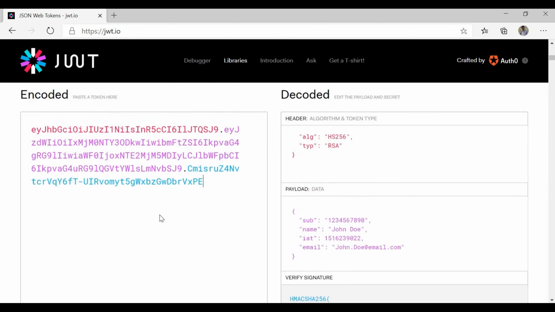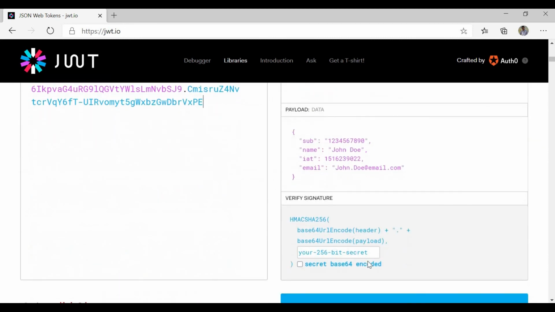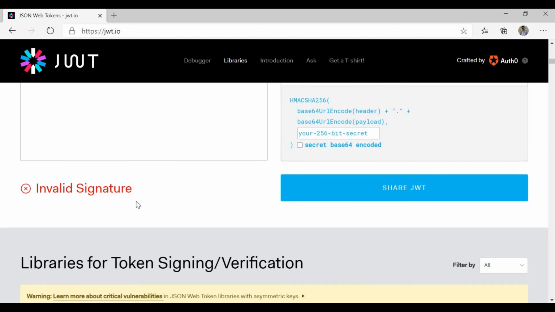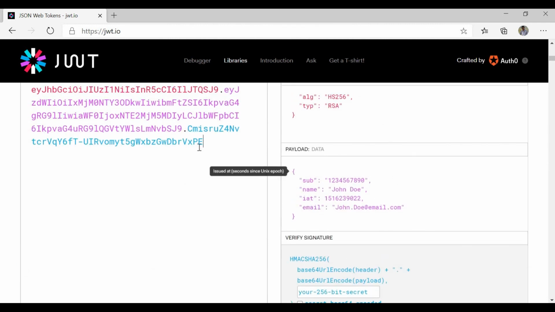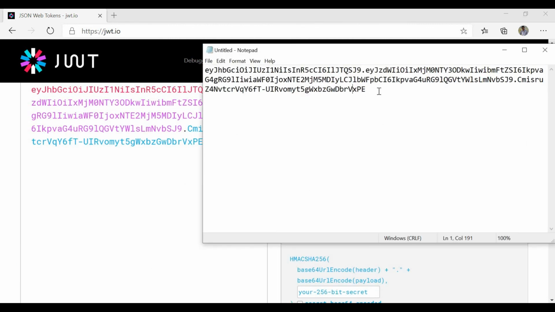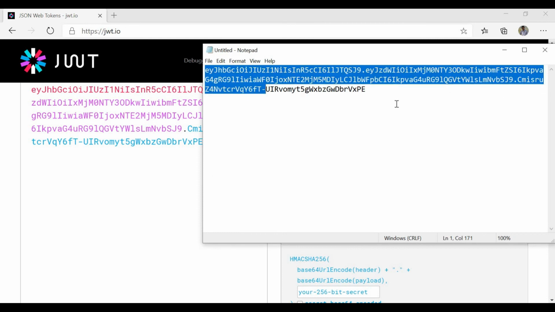If you give an encoded token to any website, you can see the values. That's the reason why you should not pass any critical information like user credentials as part of the JWT token. But any system will be able to validate whether it's a valid token or not using the hashing algorithm and the password. So if you give the right password, your signature will become valid also, and you will see the exact signature value from here.